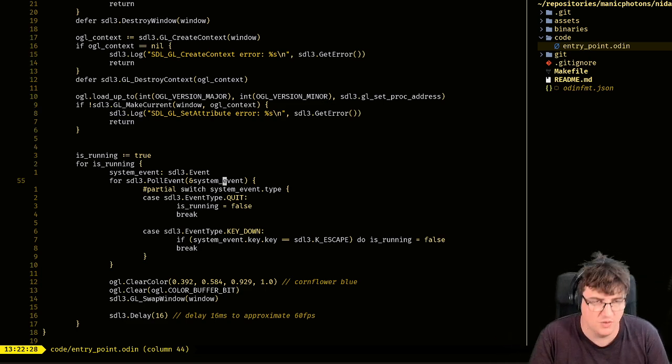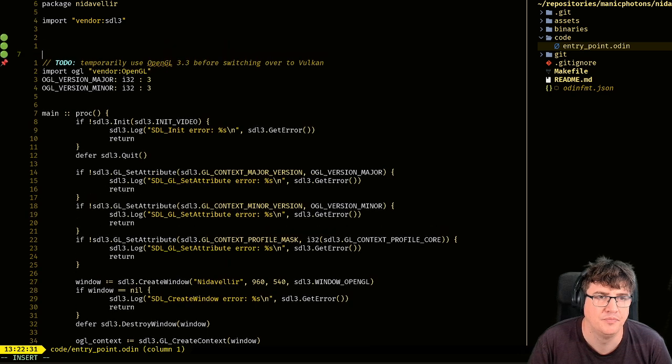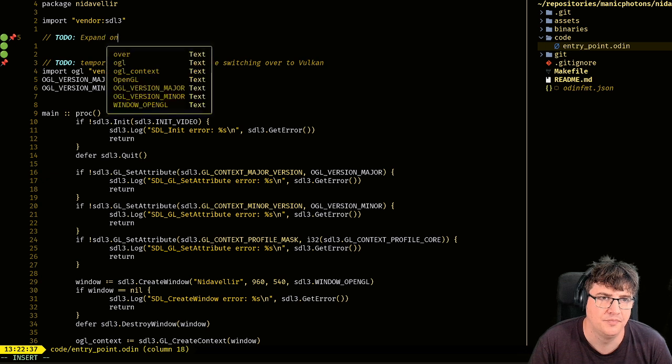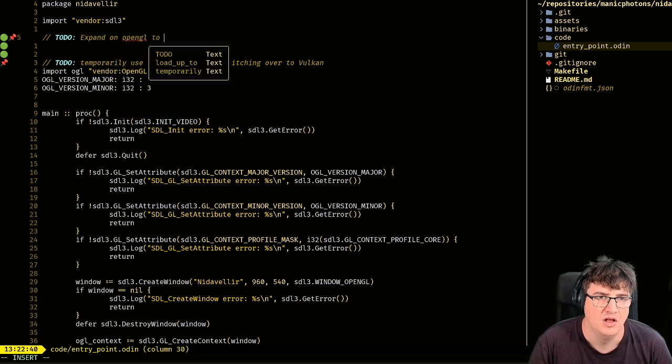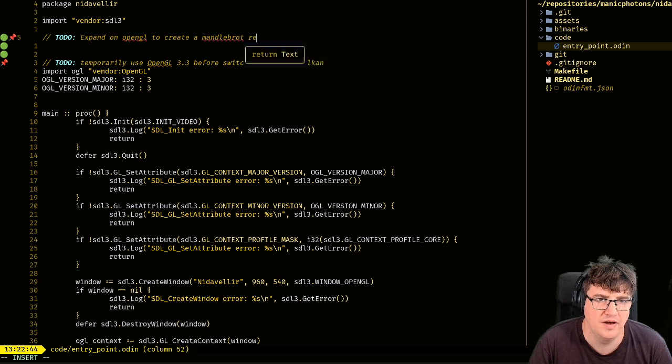Let's just add a quick to-do note at the top. To do: expand on OpenGL to create a Mandelbrot renderer.